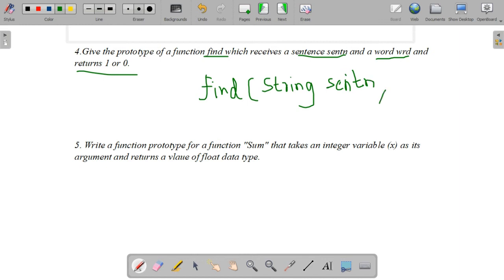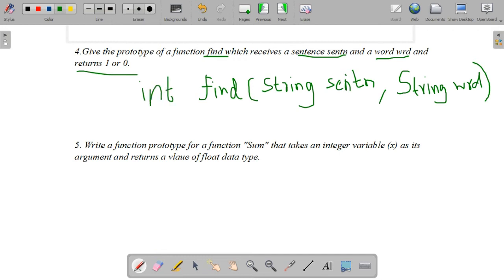Then what is the next one? Word. A word is also a group of characters, so we can give the same data type, string WRD. And it returns 1 or 0. 1 or 0 means which data type? That belongs to the integer data type, int.